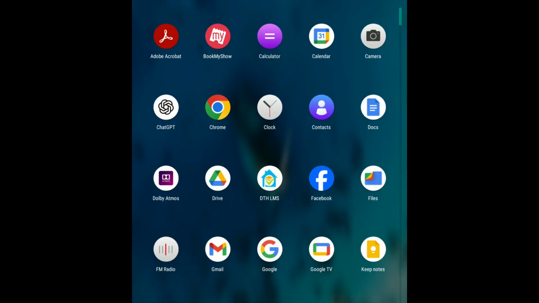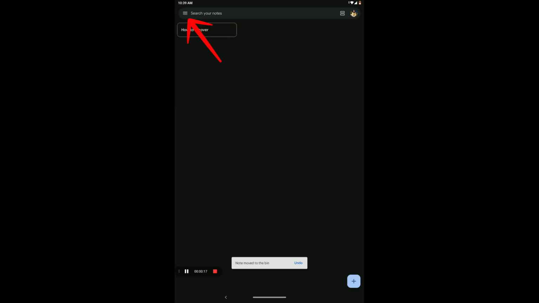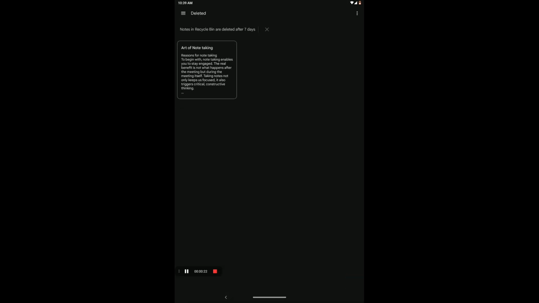If you're using Google Keep on an Android device, recovering deleted notes is simple. Open the Google Keep app, tap on the menu icon in the top left corner, select Trash or Deleted section. Look for the note you want to restore, tap on it, then select Restore or Recover, and it's back in